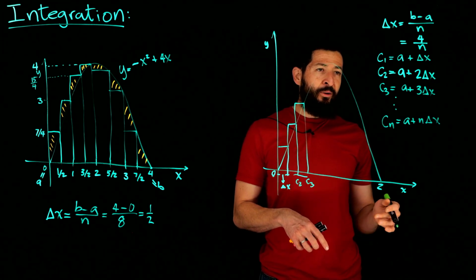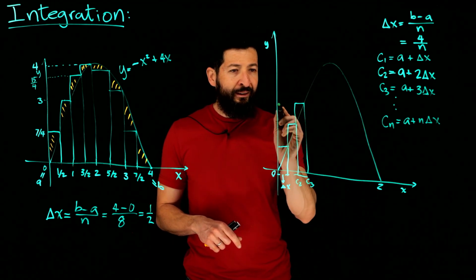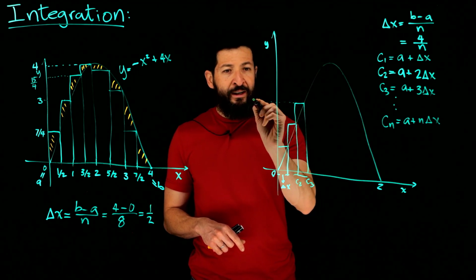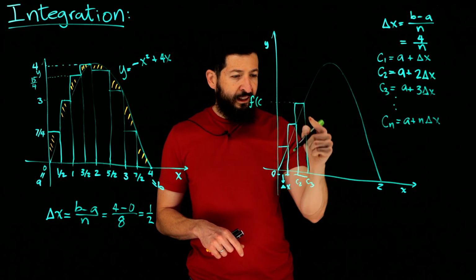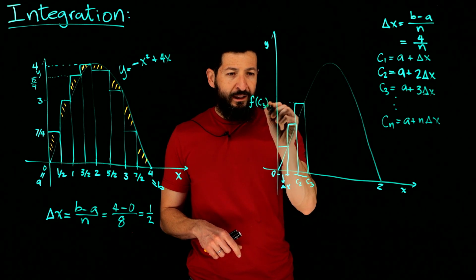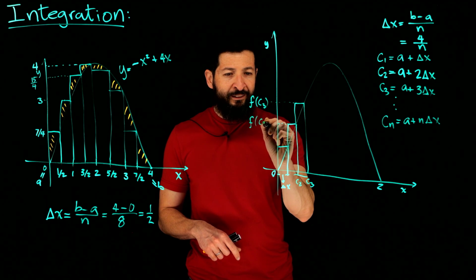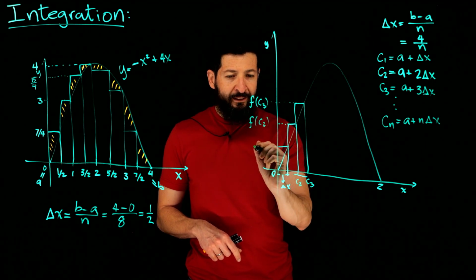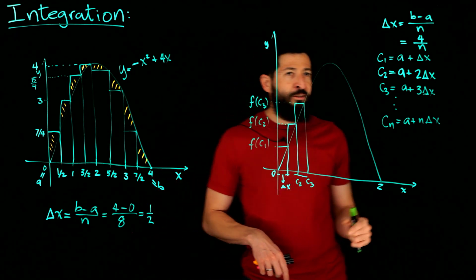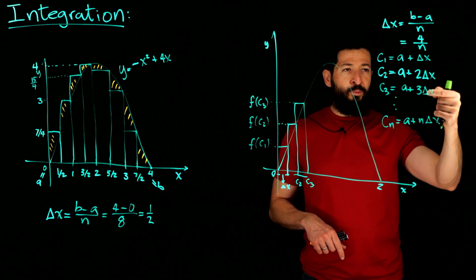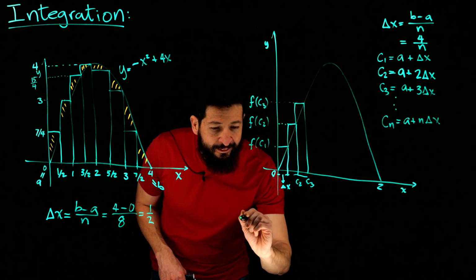Because I was talking about the endpoints and I said heights, but the heights are given by f evaluated at, in this case, C3. This height right here is given by f evaluated at C2. And this one is going to be given by f evaluated at C1. So the heights are just going to be f evaluated at each one of these endpoints. So the area of the nth rectangle